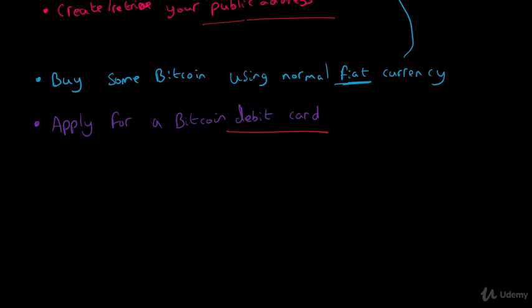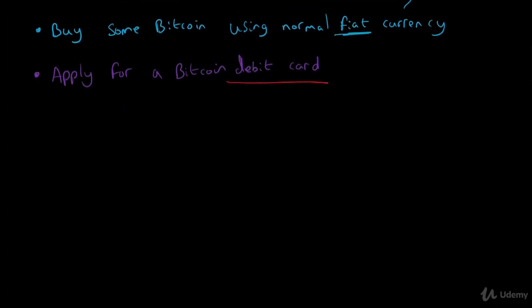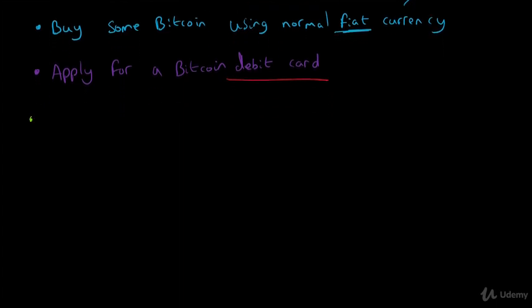I pretty much only use debit cards. I very rarely use cash. So from an actual day-to-day standpoint, you could actually replace your fiat currency purely with cryptocurrency. So applying for a Bitcoin debit card is definitely something that you should be looking into. And like I was saying, there's plenty of services out there to help facilitate this. So that will get you up to scratch and up to speed with the way you